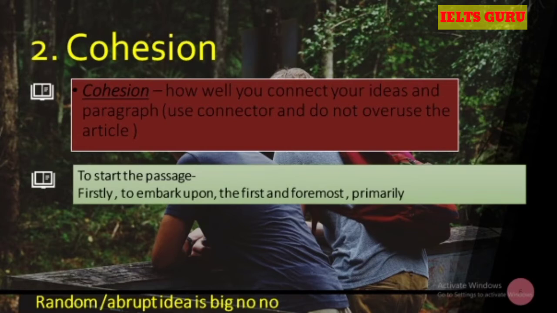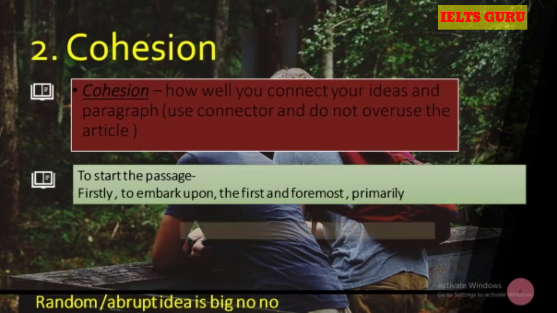So basically how well you have used the connectors, but again please don't overuse it. I have seen a lot of writings where people have overused the connectors, okay. Don't do that. Write it but not in the overused way, okay. You cannot use a connector in a line for 2 or 3 times, okay. So don't do that. Don't worry, I'll give you the examples when we will start practicing, okay.